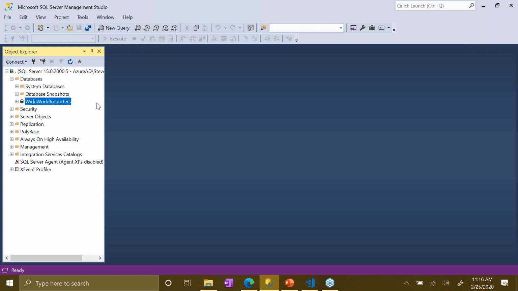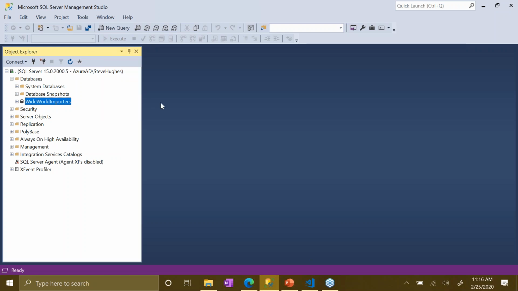So now I have Management Studio opened. Give that a second, to make sure everybody can see it; I know it takes a little while when I do a screen change. What we're looking at right now is a local instance of SQL Server 2019 running on my laptop. There are lots of SQL Servers out there, and we're going to run data classification on this one in real time.